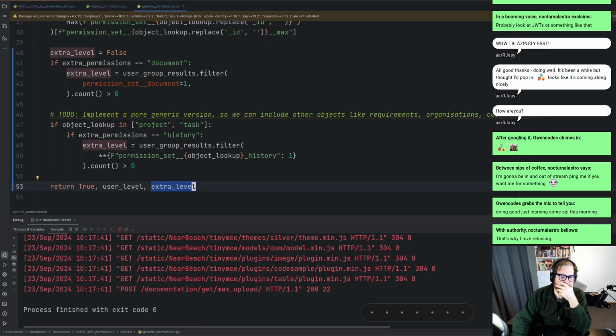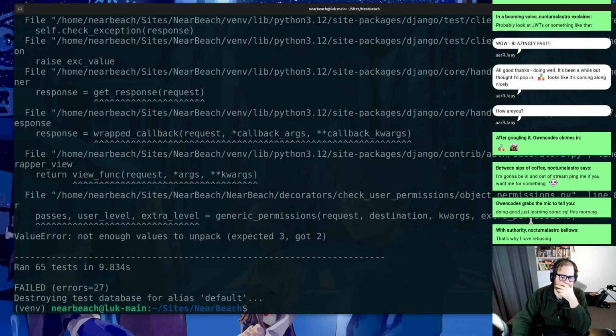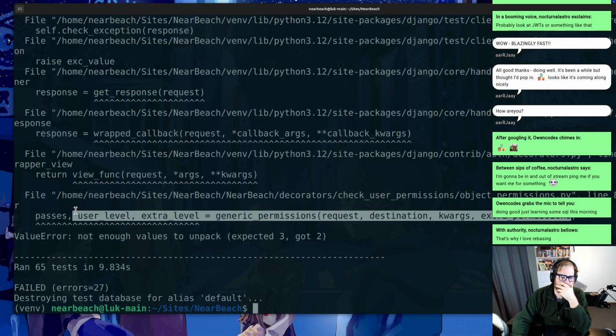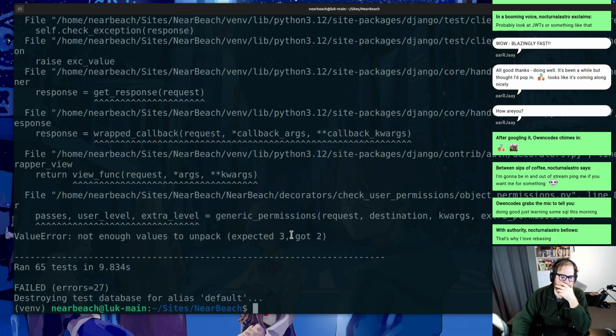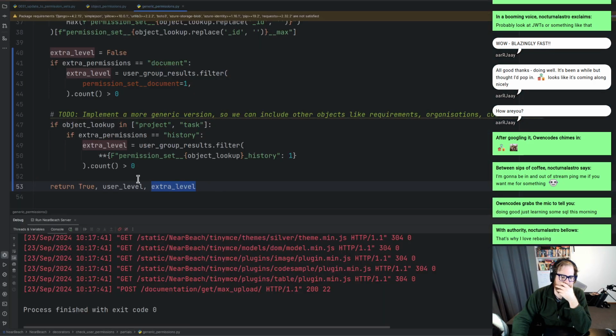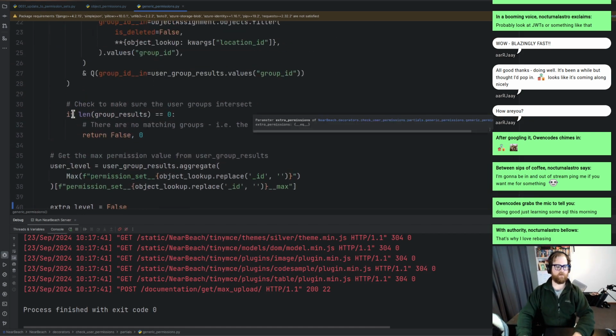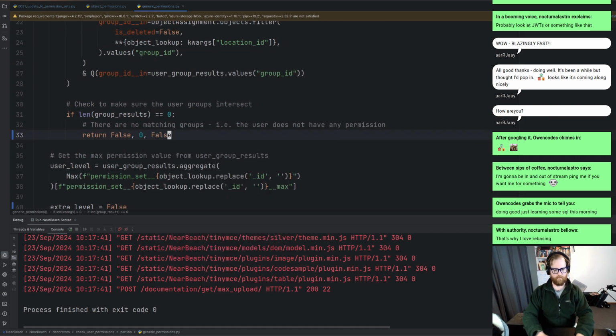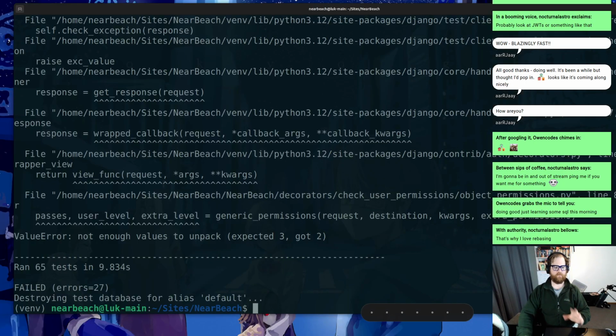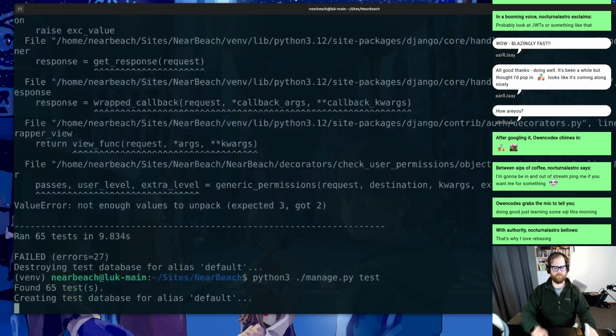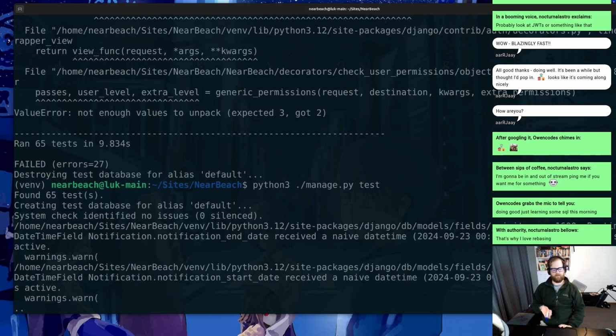What are you talking about? What about expected 3 got 2? Excuse me. It's one of the, I've got a return before. Yep. There we go. That was the same problem as before. All right, gonna rerun this. This is the joys of doing this sometimes. This is just hurdling. And once I get this fixed and actually really clean up the code,